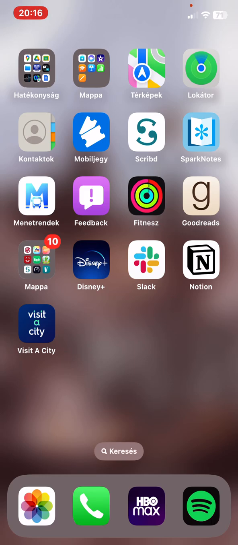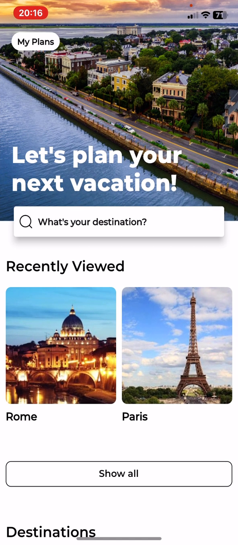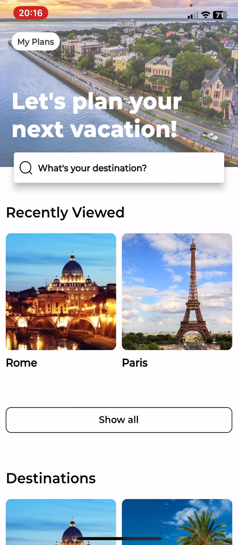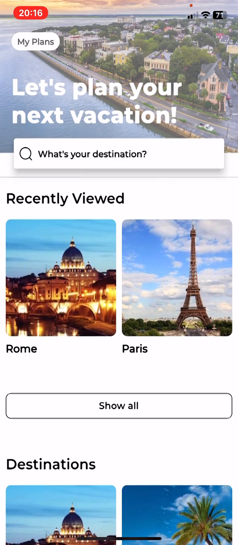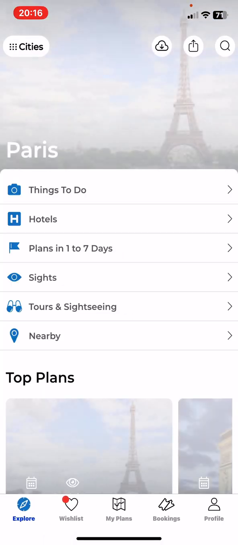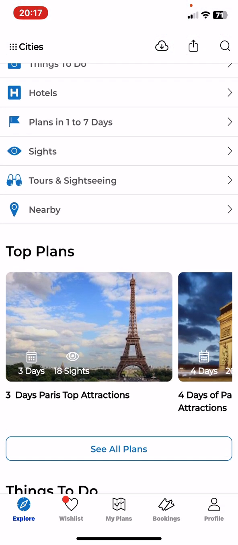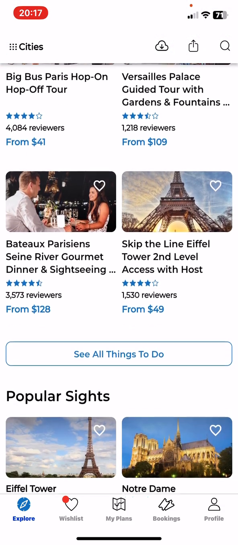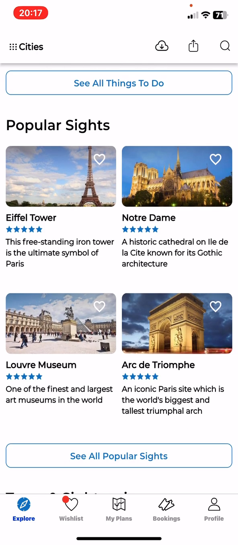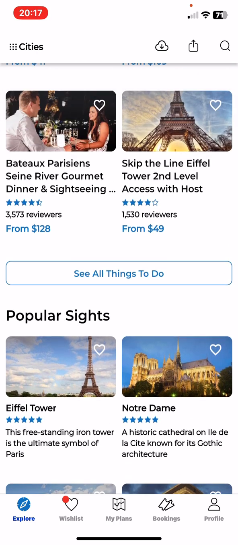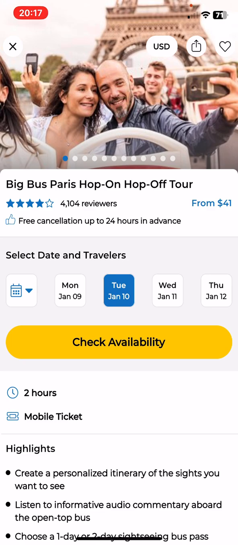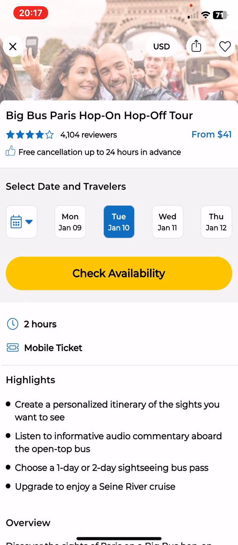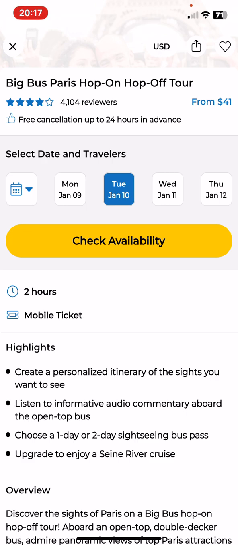Let's jump into it. First of all, open the application on your phone, and then look for a city or a destination that you would like to visit. So, for example, Paris. And then if you scroll down and you find any popular sites or programs that you're interested in, for example, like a hop-on hop-off tour, as you can see, if you scroll down a bit, you can